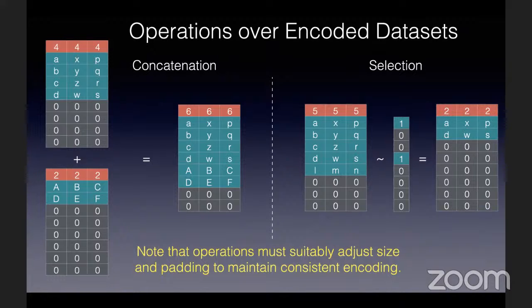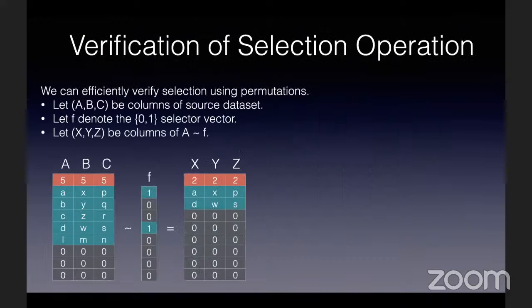Similarly, if you perform selection, say you're picking up a subset of rows from the source data set, again you have to ensure that the extra bookkeeping information is also correctly manipulated. Now, how do we verify this? If all these were wires in a circuit, how do we verify a selection operation? Think of how we would even verify it in static electronic circuits.